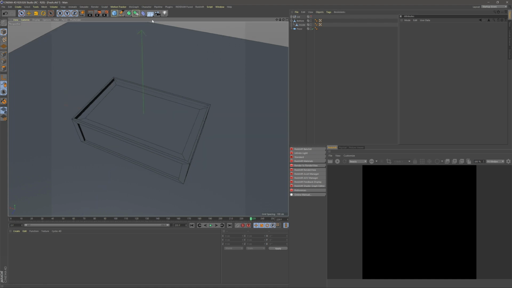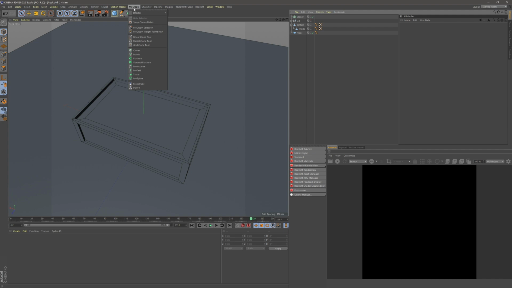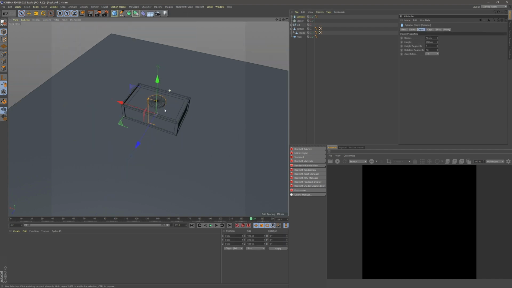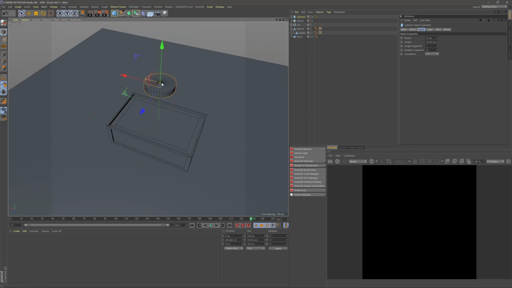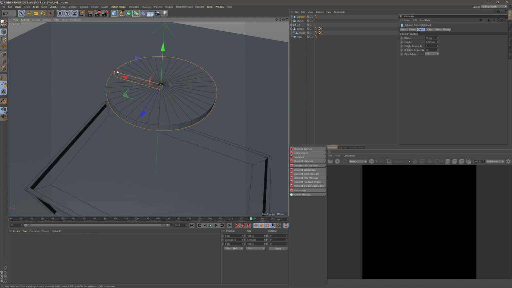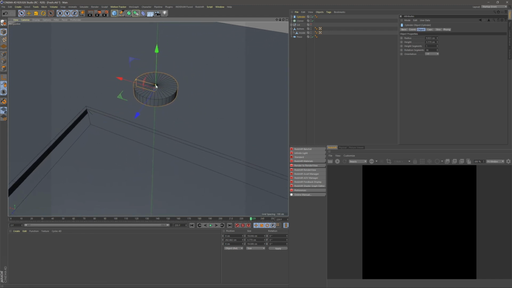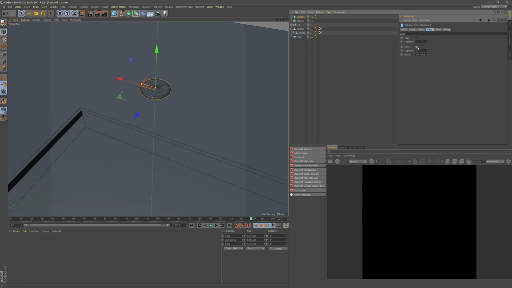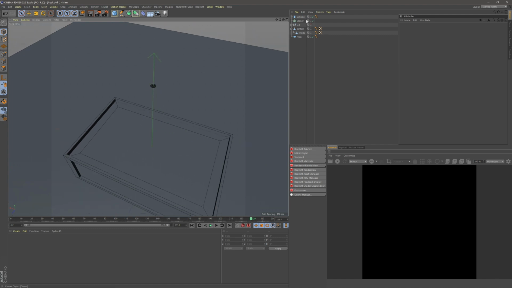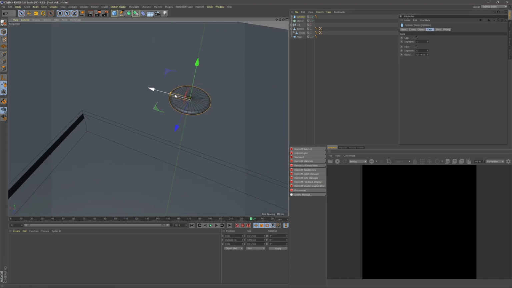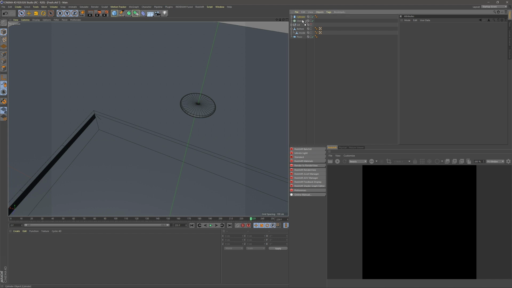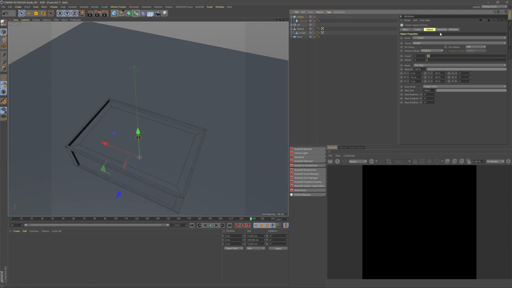Cool. Now I'm going to come up and grab a MoGraph cloner, and this cloner is going to be our coins. So I'm going to go ahead and grab a cylinder as well, and this is going to be our coin. So make this smaller. And maybe put some caps on it, make it a bit rounded on the edges. It's probably a bit small. Cool. I'm going to put this in my cloner,